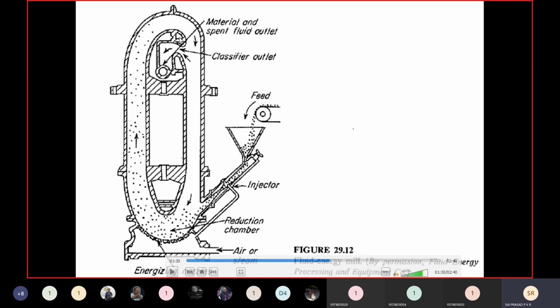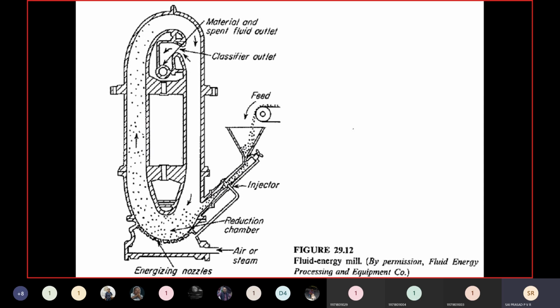So now suddenly what I will do is, from here I will try to suck the air and take it out. When I take it out, along with some gas, air or steam, some particles will come along with that. What are they? They are the smallest size particles, because the smallest particles have less mass. They experience less centrifugal force, so they will be concentrating near the central axis.